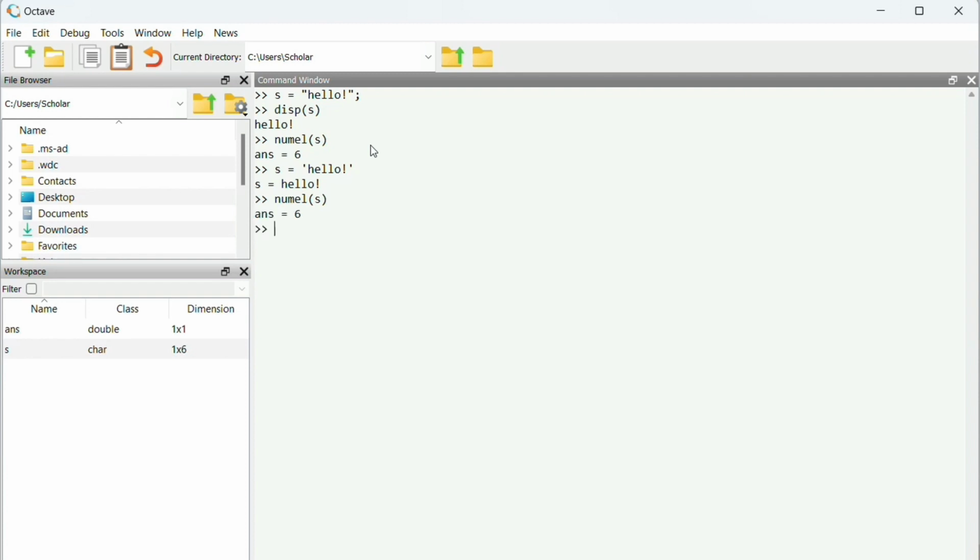In the official Matlab, there are actually 2 types of string. There is a class string and a string as an array of characters. But in Octave, it's always an array of characters. There is no class called string currently in Octave. So now let's try another string,